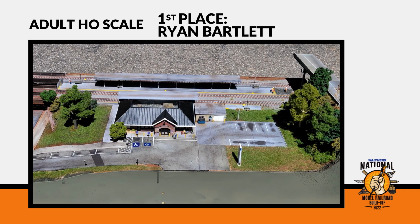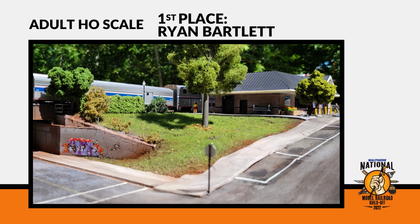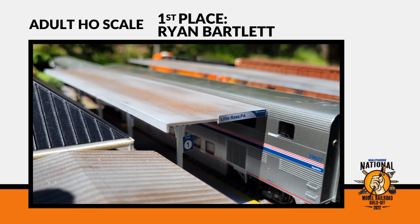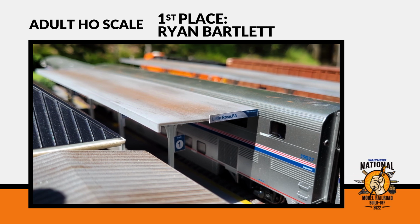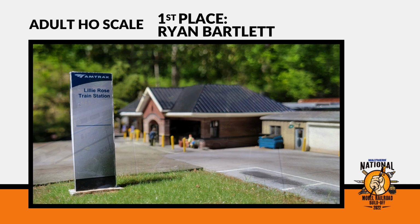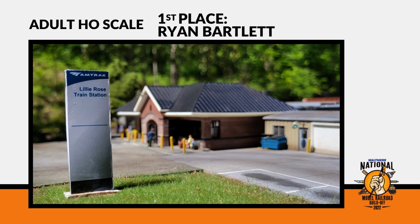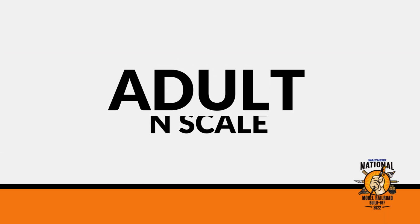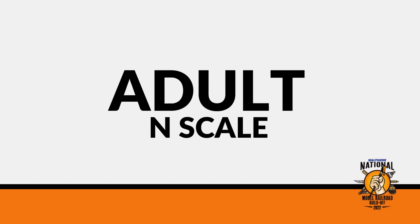station scene. Little details like the weathered pavement with realistic cracks and patches, graffiti on the roadway underpass, signage along the platform canopies and columns, and an interesting 3-level approach to maximizing the space added up to an exceptional urban scene that earned the $2,000 award. Kudos, Ryan. Next up, introduced for the first time to the Walthers National Model Railroad Build-Off, our new category, Adult